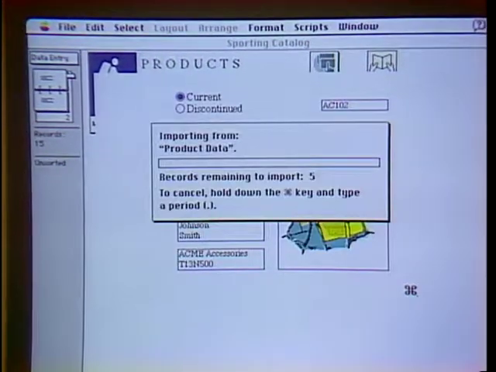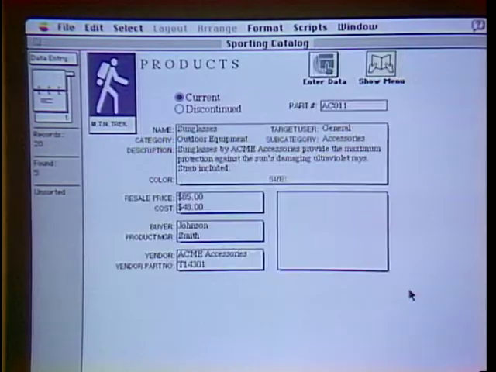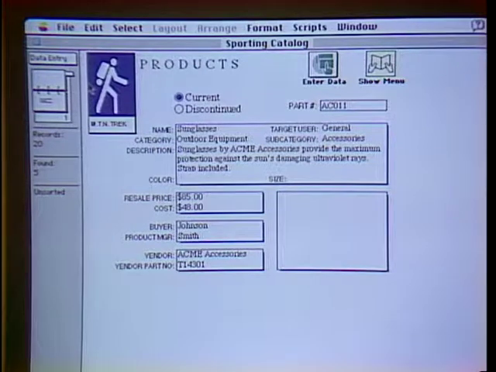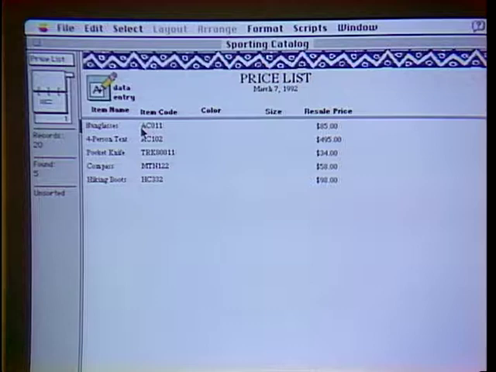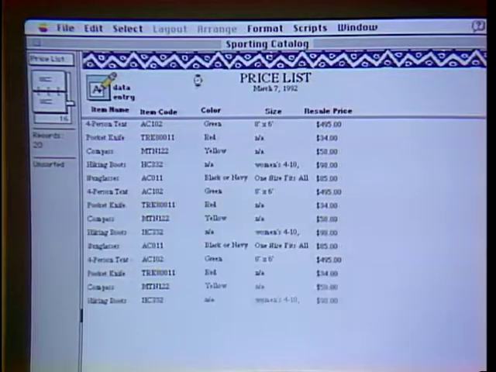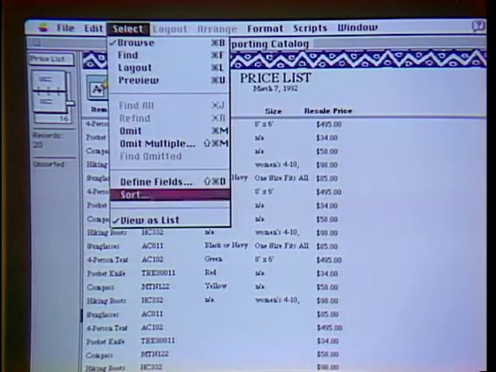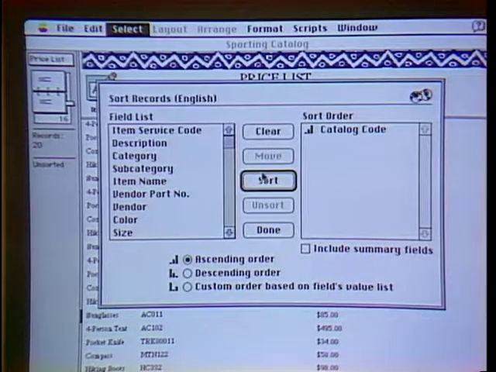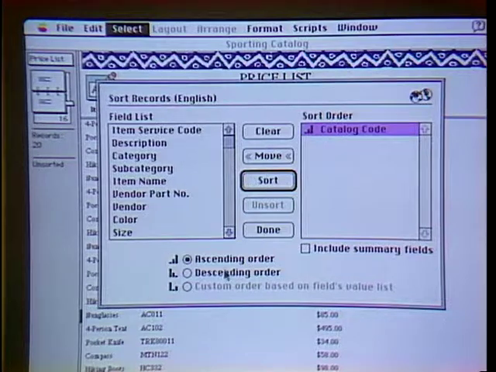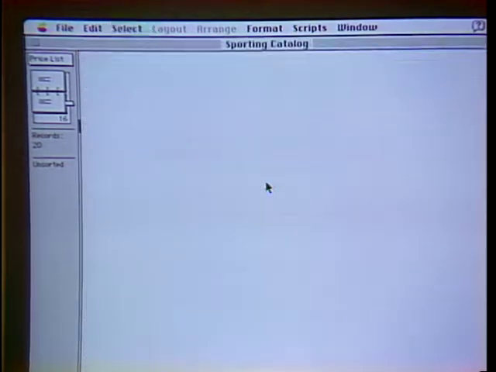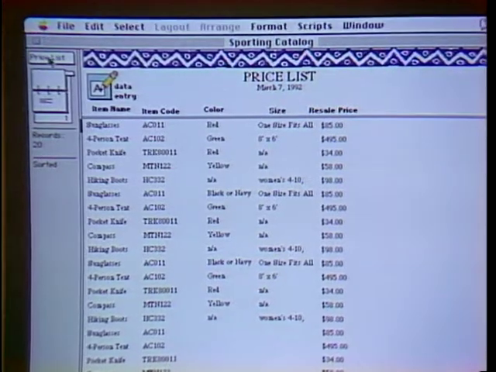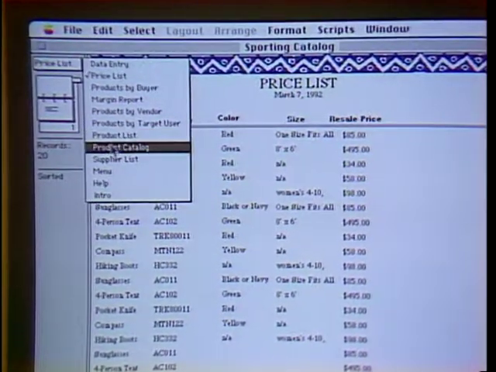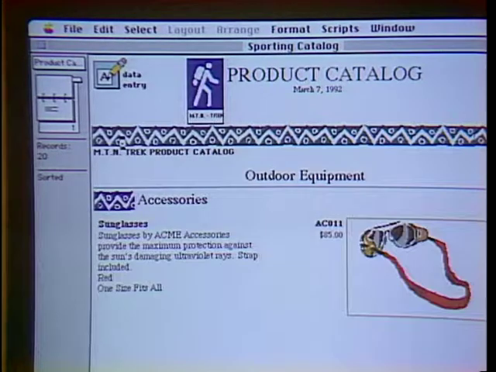So I click OK, FileMaker goes ahead, imports the data for me, and now what I'm going to do is switch to another layout in the FileMaker database so that I can view the information any way that I'd like. And I can then go ahead and sort this database. And what I'm going to try to do here is produce a product catalog that I'll be able to print out and show to you later. I can select any field, select ascending, descending, or even custom sort orders. FileMaker will sort the database for me, and it lets me know that the database is now in a sorted order. The next step is to switch to the catalog layout, how it will actually look and the layout I